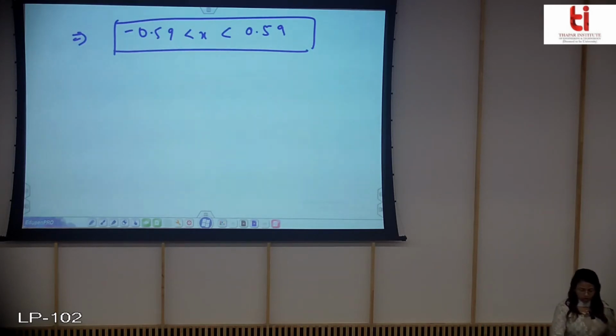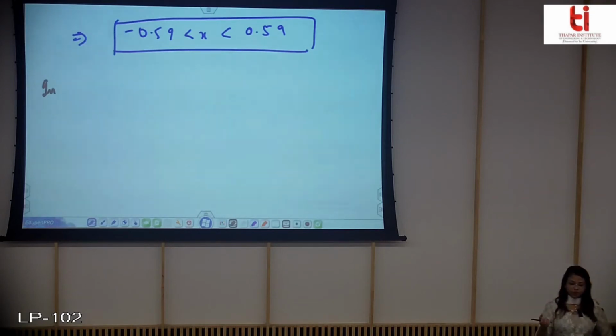Just for your convenience, I will write down the interpretation so that you are not confused, because in the previous lecture we found the bound where x was given, but here we know the bound and we found out the x. So I will just quickly write down the interpretation.